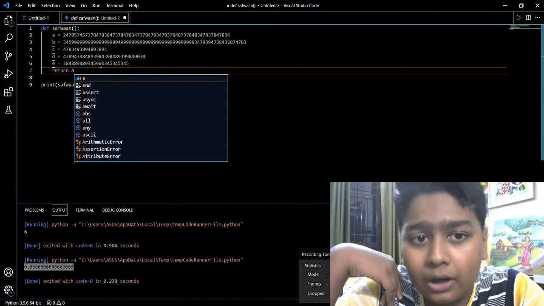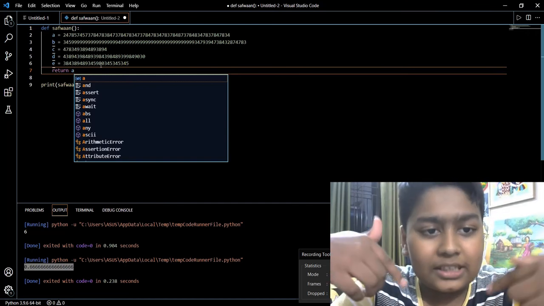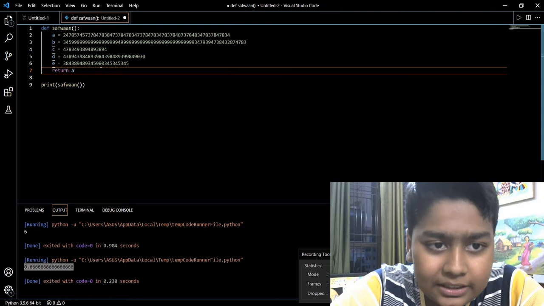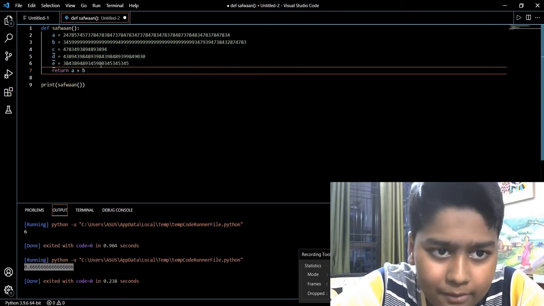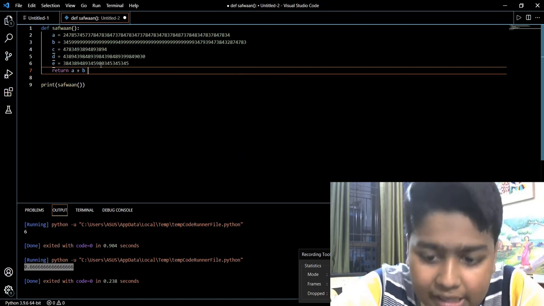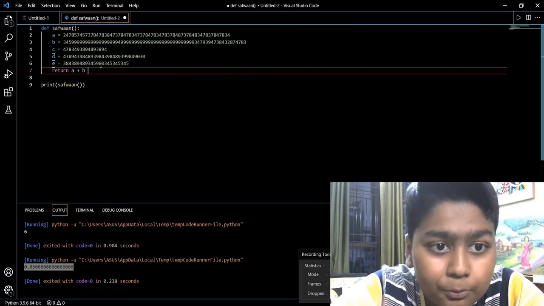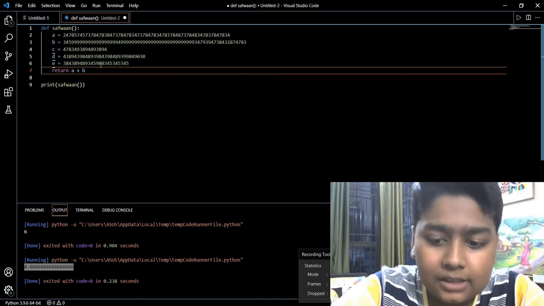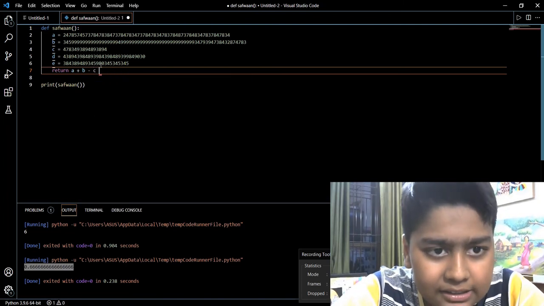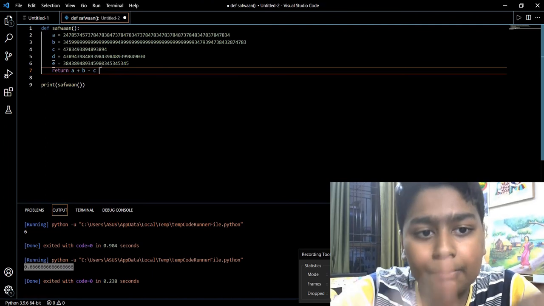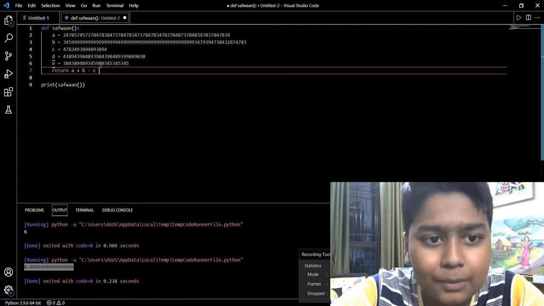Well, I want it to be added with B. So what will I do? I will click plus, and then I will write A plus B. Then I want to subtract C, so I just give the subtraction sign and then write C. It means A plus B minus C.